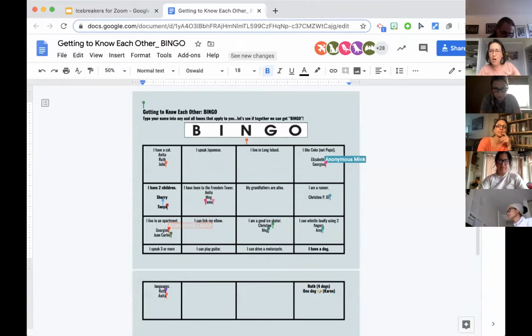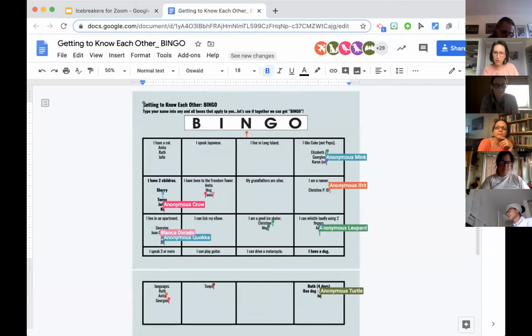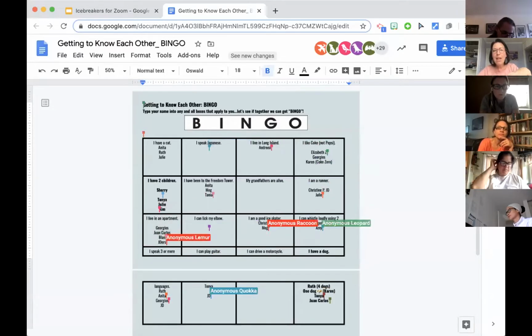One thing that's a little wonky is, of course, the page is starting to split because there's a lot of people and there's a lot of names going in. So you could always do this also as a smaller group, put people in a smaller group to do it, or depending. So you see on the screen share as the